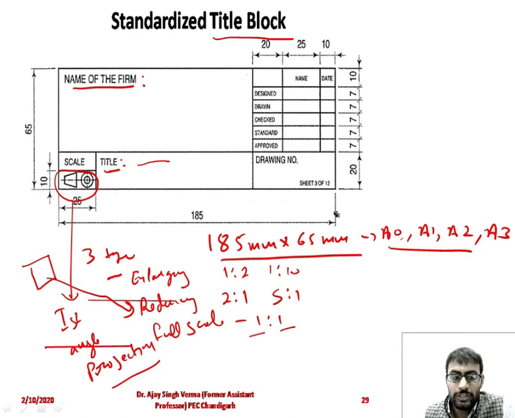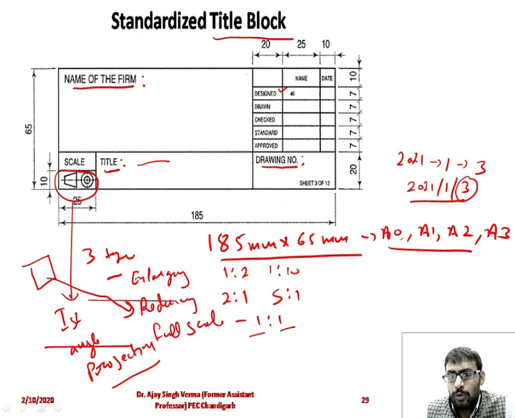In the title block, next is your drawing number. In the drawing number, we will represent a numerical value. Next one is designed by: the designer, and we have to write the name here. And when he started this drawing, drawn by, the name and date similarly, and checked by. In our industry the higher authorities check, and we write the name of the higher authority and at what date they checked, whether it follows the standard or not, and approved by, with the name of the person.